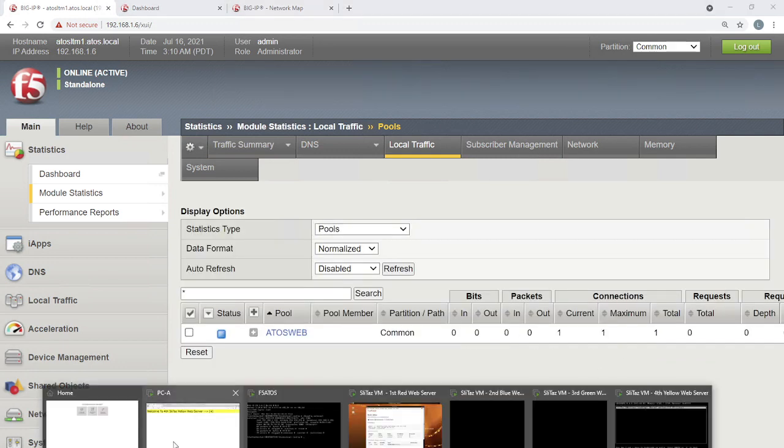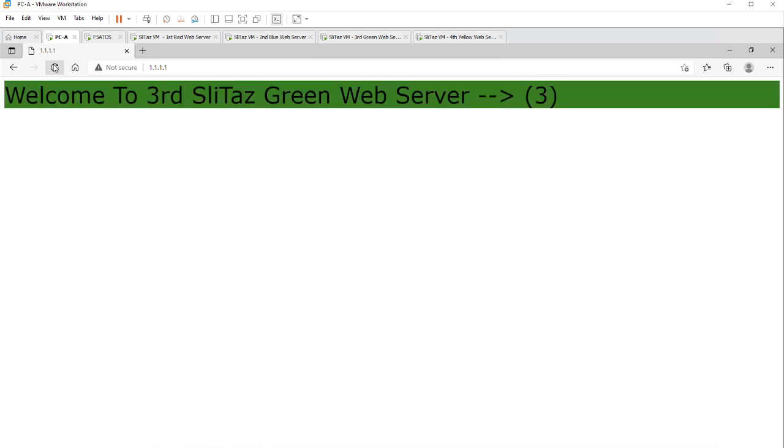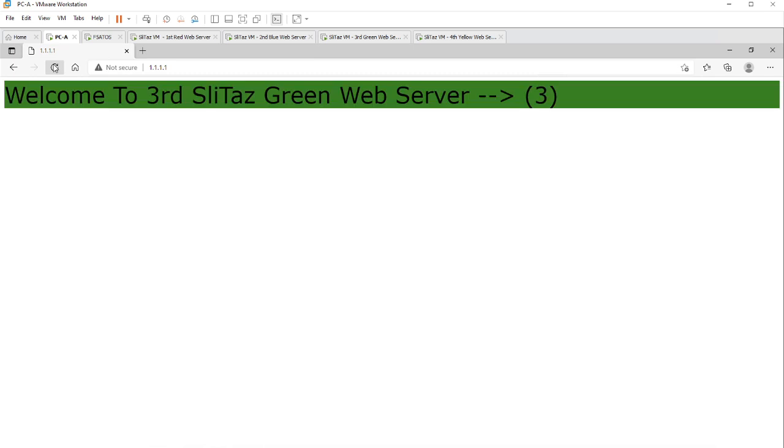Now I'm going to my browser, then check it out. If I refresh, this is going to be considered as a new connection. To which of the servers will it be sent? Blue, green, yellow, blue, green. See, is that coming? The blue is coming now. You can see the difference, right? Not every time it is going to the blue.